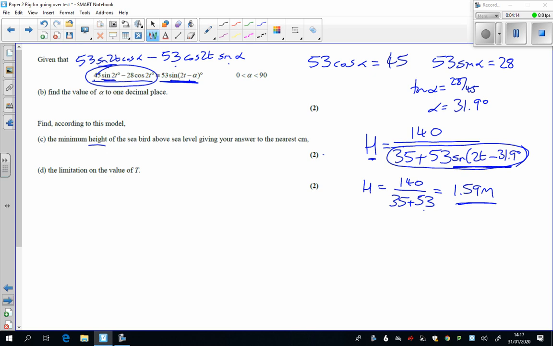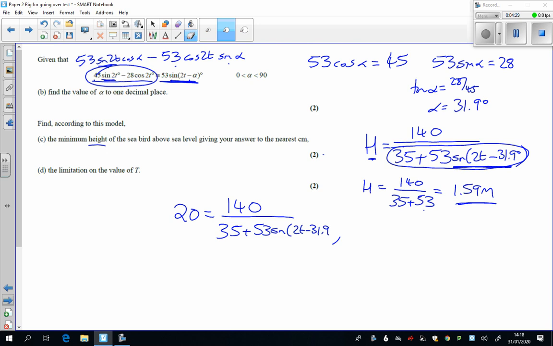So what we're going to do, we're going to put a 20 in here. 20 equals 140 over 35 plus 53 sine of 2t minus 31.9. And I'm going to say that that equals 20. I've already done it, haven't I? We know one of the answers is going to be t equals 0, but we can work down all of this, and this gives us that the sine of 2t minus 31.9 is 140 divided by 20, take away the 35. So I've got that thing there, it's minus 28